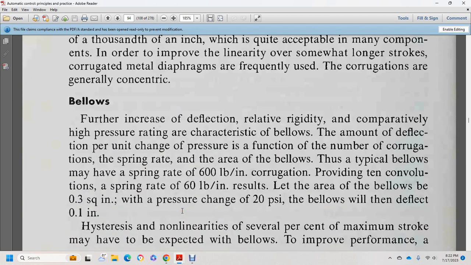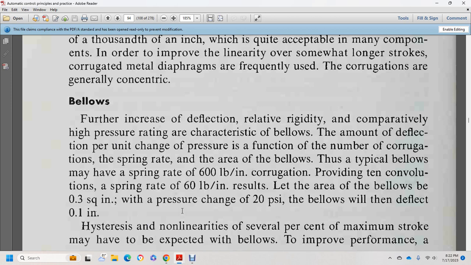Bellows further increase the deflection, being relatively rigid with a comparatively high pressure rating. The character of the bellows with the valve deflects with the pressure. The function of the number of corrugations is the spring rate of the area of the bellows. A typical bellows must have a spring rate of 600 pounds an inch per corrugation, providing 10 convulsions